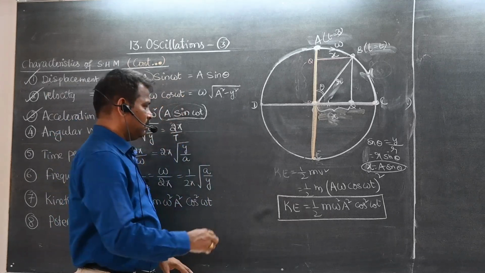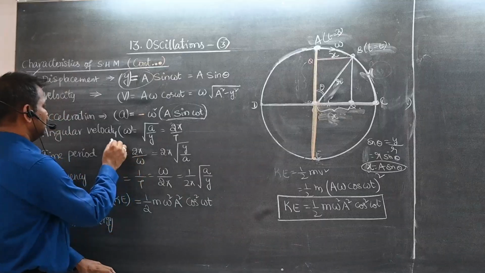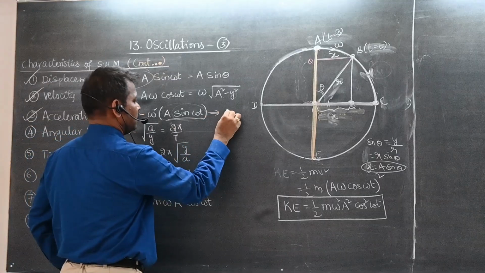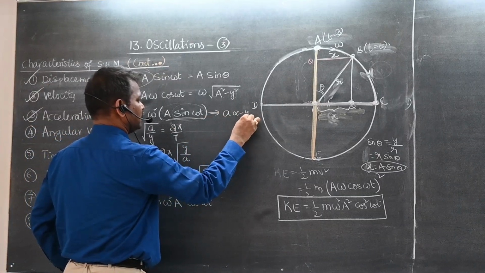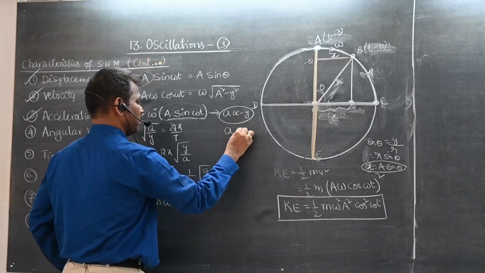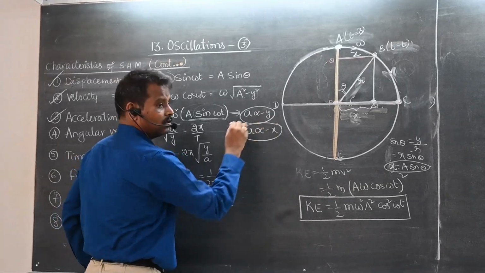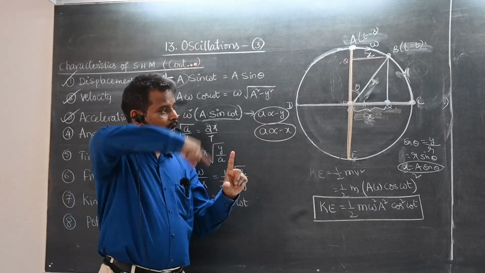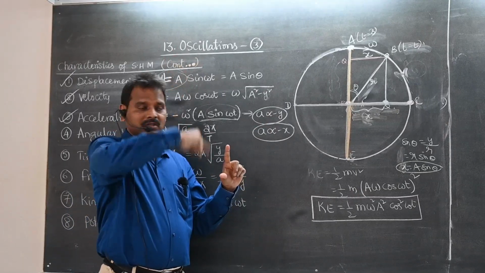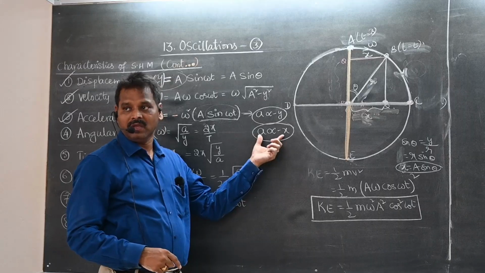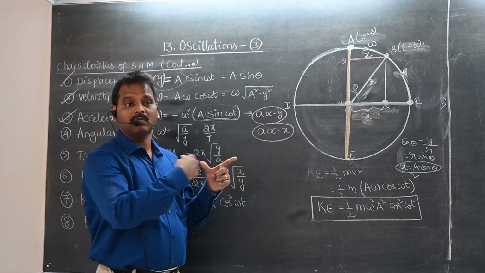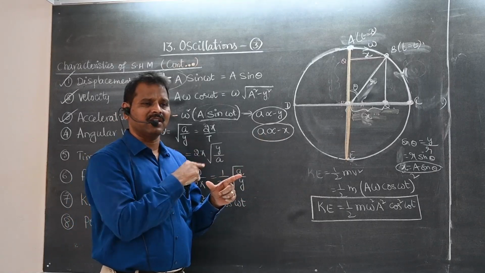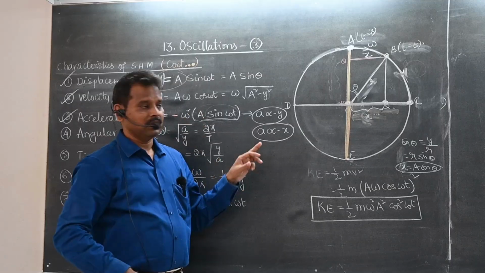That's why in some questions, students, here it is given that a is directly proportional to minus y. In another problem, can you get it like this? What is the difference between these two? In this case, the particle is moving along the y-axis. Moving along the z-axis is a rare case; generally it is the x-y plane only.